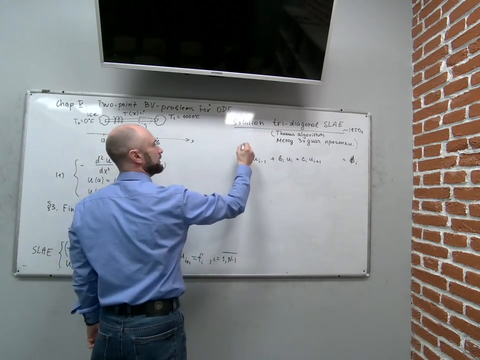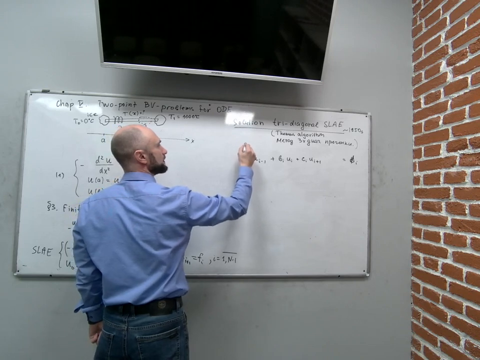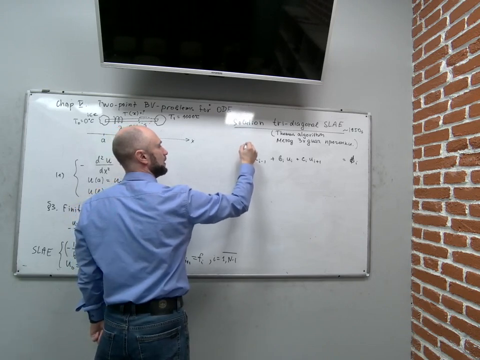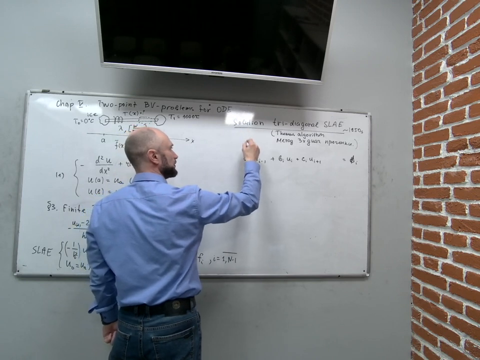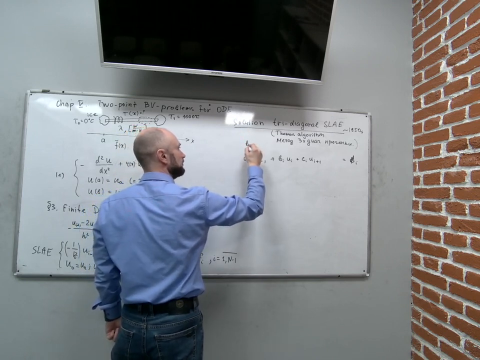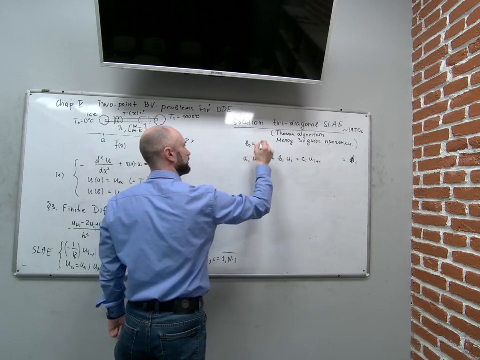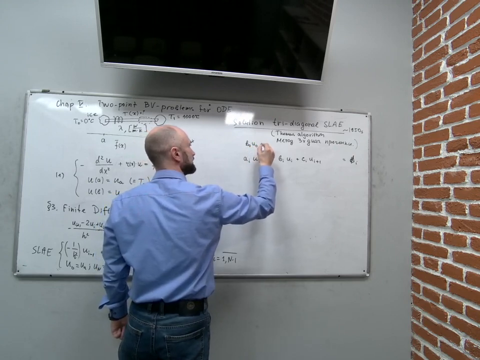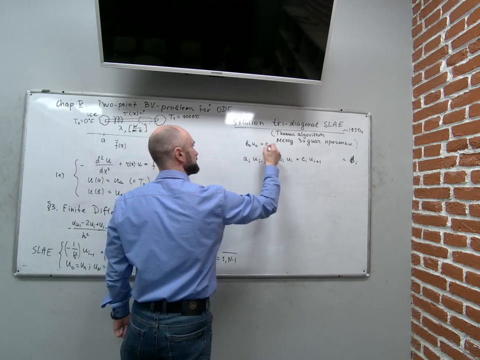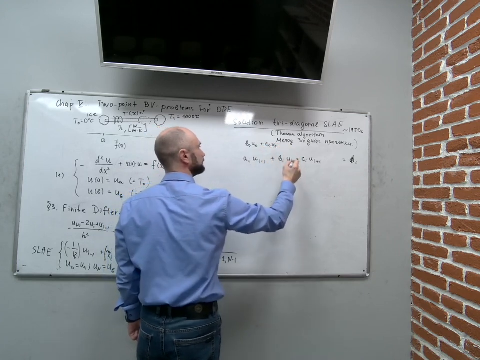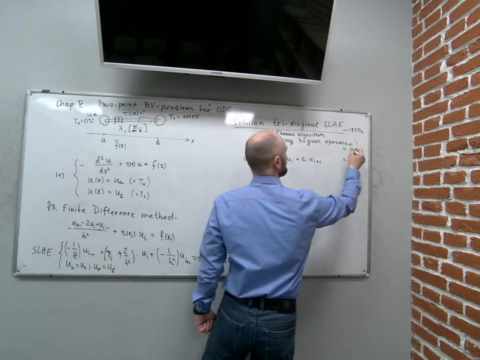This is the ith equation. Let's write the first equation in the most general case: b0 u0 plus c0 u1 is equal to d0,